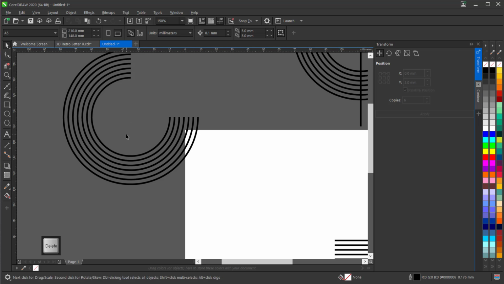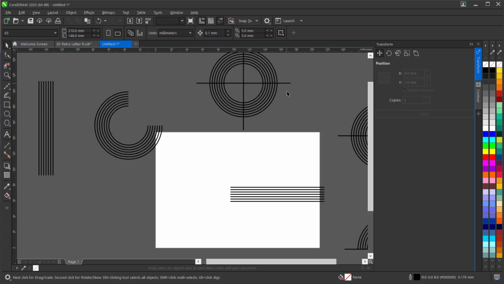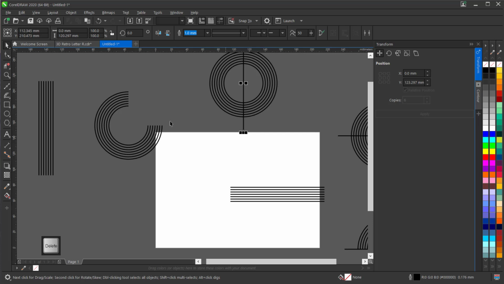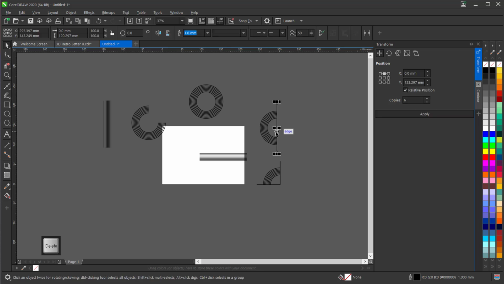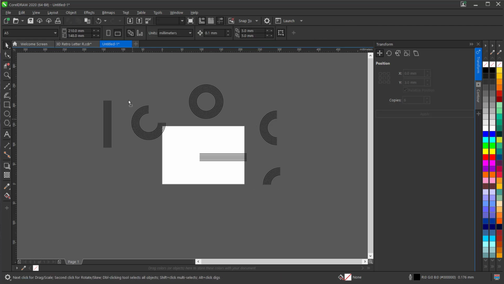So now let's delete these unwanted lines from our shapes. These are the lines or objects that will help us to create our alphabets or our letters.